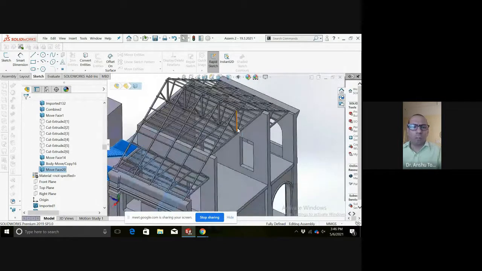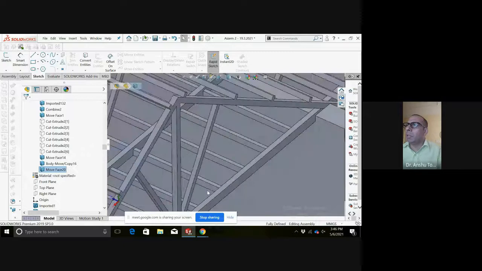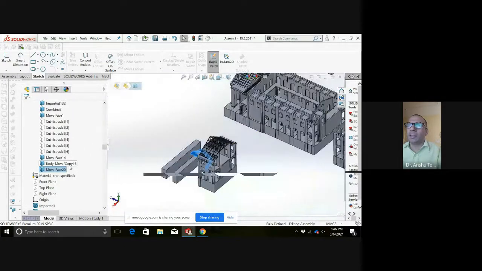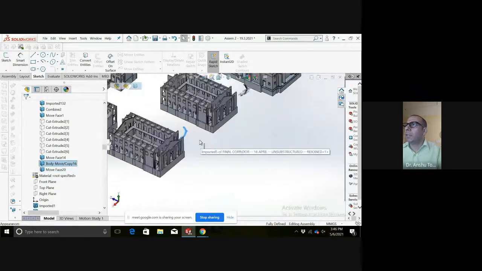Trusses you can model easily. You can model the trusses and staircase, small staircase.